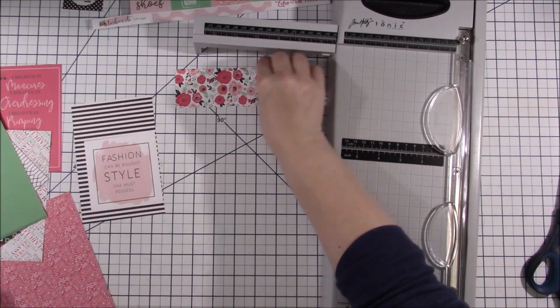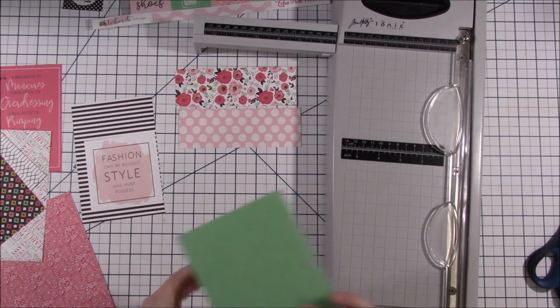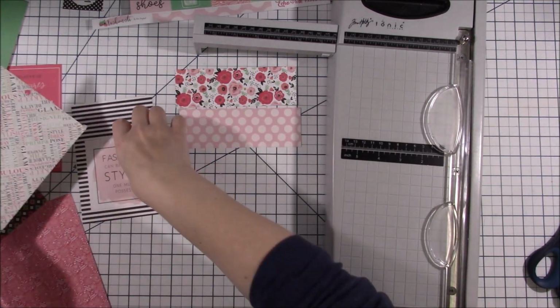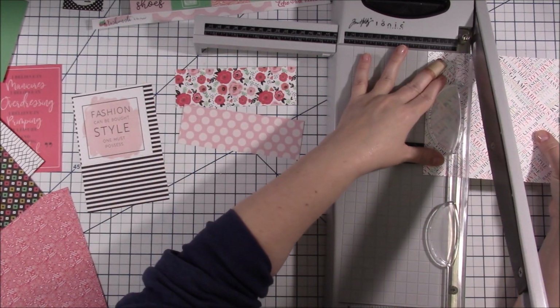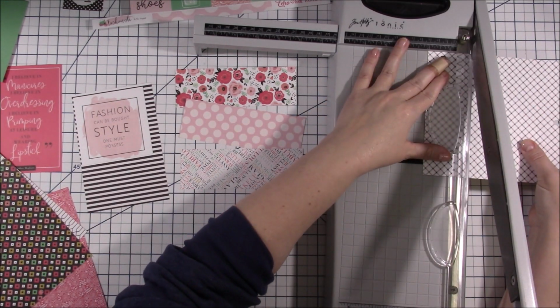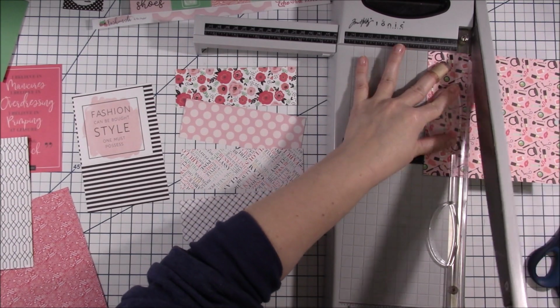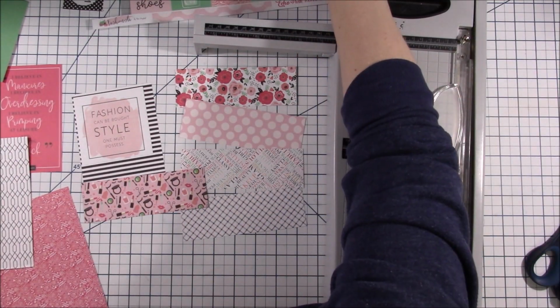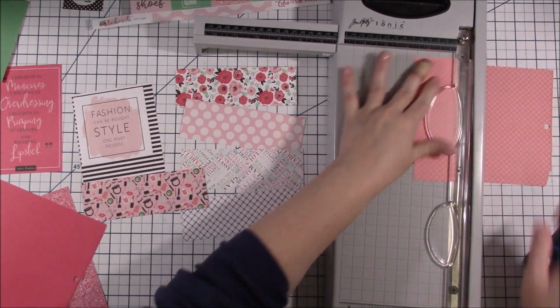I really wanted to use that 4x4 card. So what I decided was that I would cut a pattern paper down to go into the 4x6 area, and I would glue it on there from there. I'm going to start with this black and white one, although that is not the one that I'm going to end up using. So along with the sketch, it calls for 7